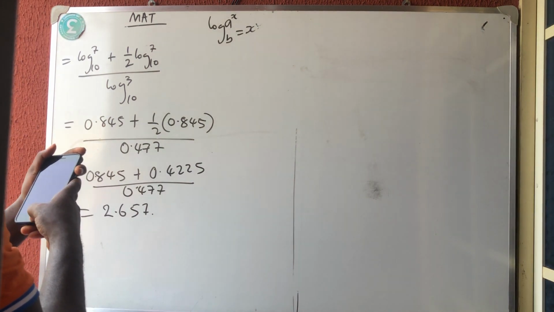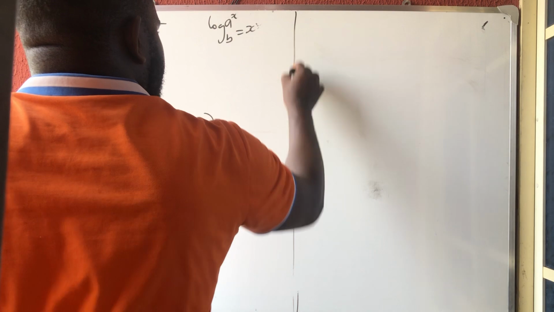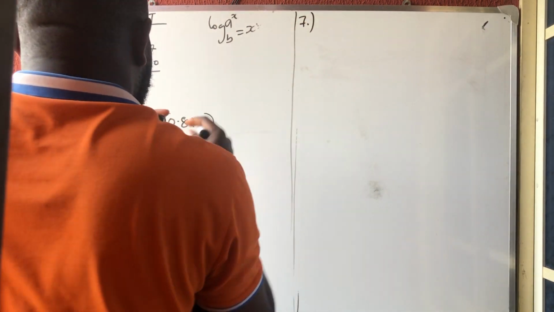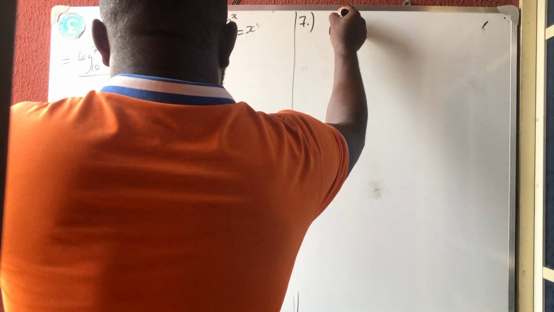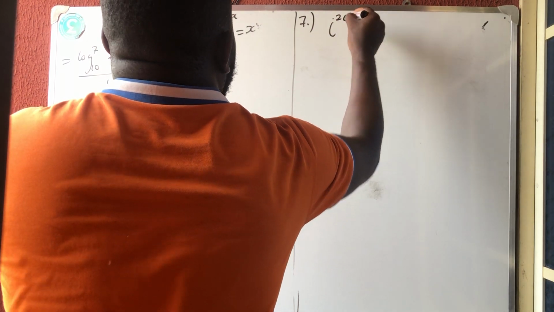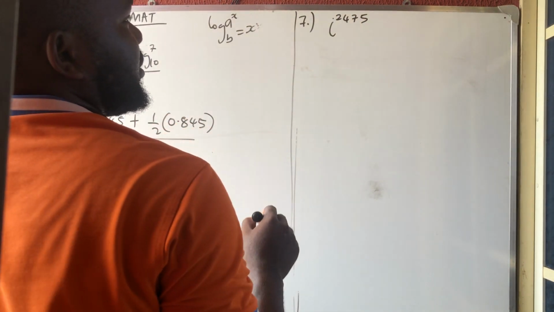Number 7 says i raised to power 2475. I told you in my video on complex number that if you have this thing, the only thing you need to check is